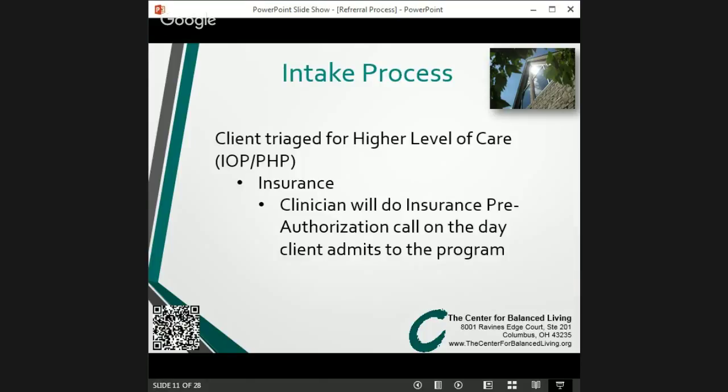And the last piece of the intake process is the insurance. So while they're in the 2-hour assessment, our billing director and front office staff will be calling the insurance company to get the client's benefits. And we'll meet with them at the very end to go over what the insurance is going to cover and then what they will be responsible for financially, the difference regarding what the program is going to cost after insurance